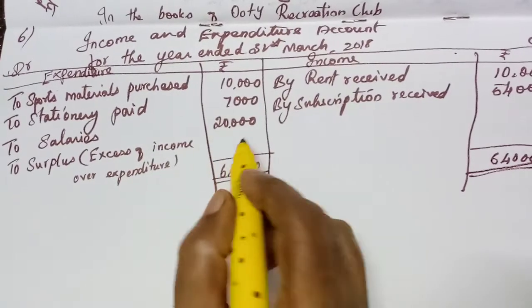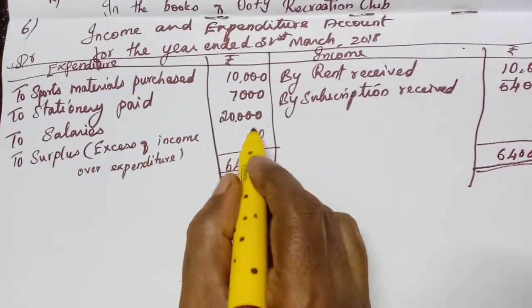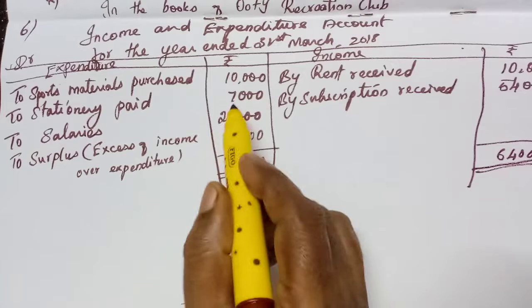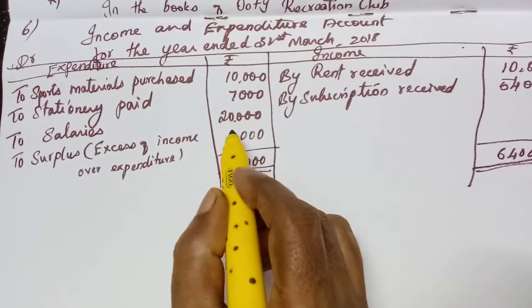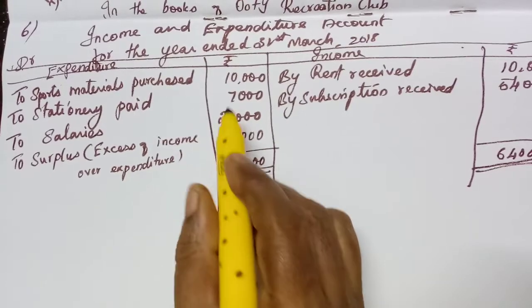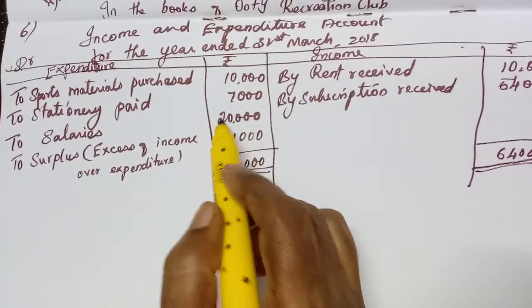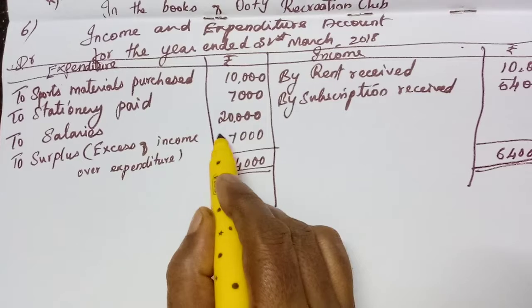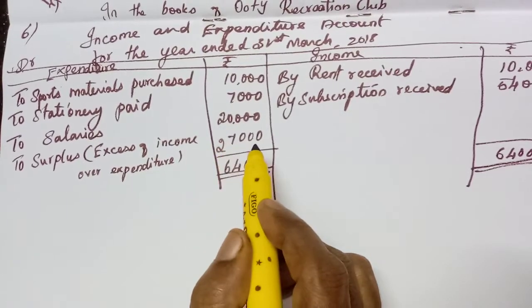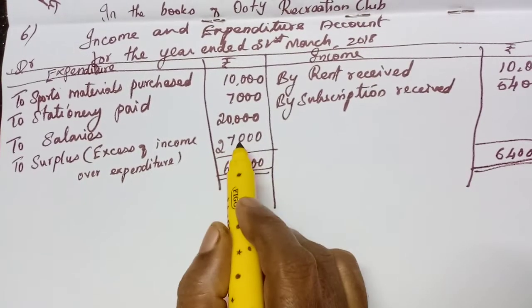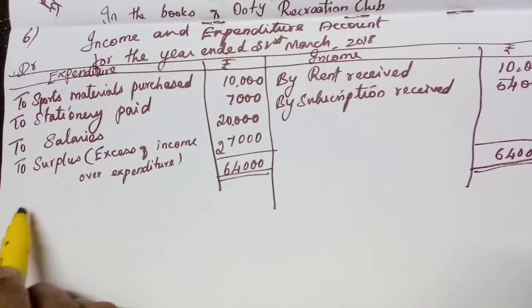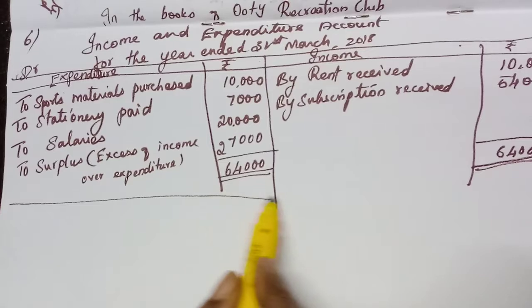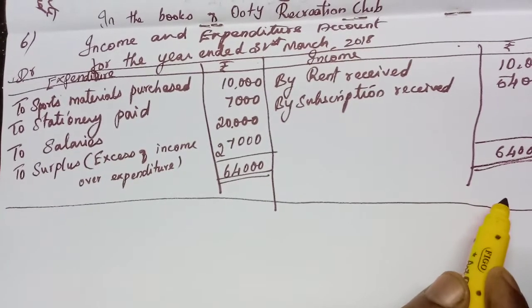Okay, now we will balance it. 1, 2, 3 zeros. Then the fourth one, 7 is there. To get 4, 7 more should be added. 14, we will get balance 1, 2, 2 plus 2, 4, 4 plus 2, 6. Okay, what is the surplus? 27,000. Okay, now we will see the next illustration. I will explain the next illustration.